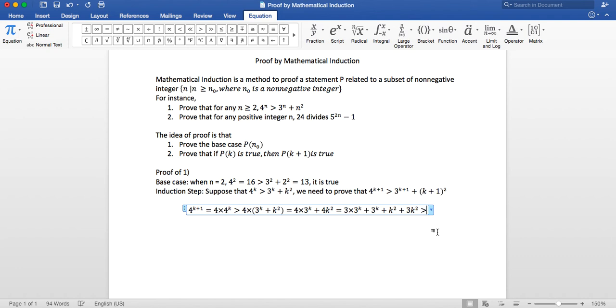Now, from here, let us begin to do some comparison. The first one, 3 times 3 to the k power, is 3 to the k plus 1 power. That's equal. But k squared equals k squared, that's no problem. But 3k squared will be greater than 2k. That's no problem, because 3k squared will be greater than 2k, right? Because k squared will be greater than k, and 3 will be greater than 2. Then 3 to the k power will be greater than 1. So, but this will give me,